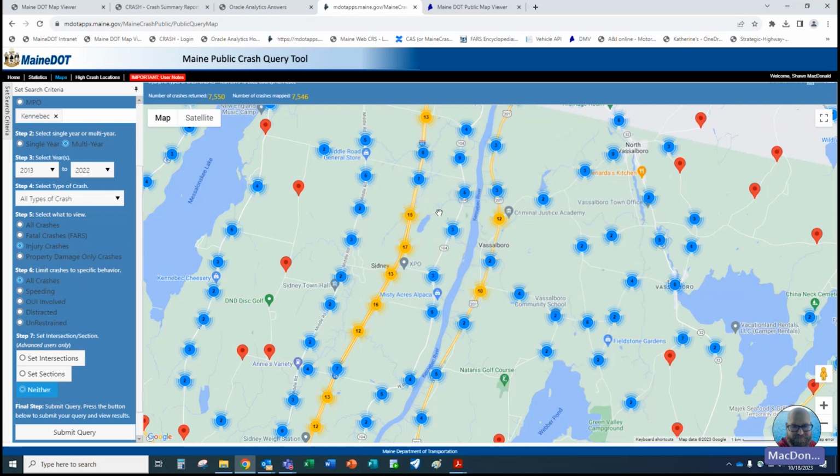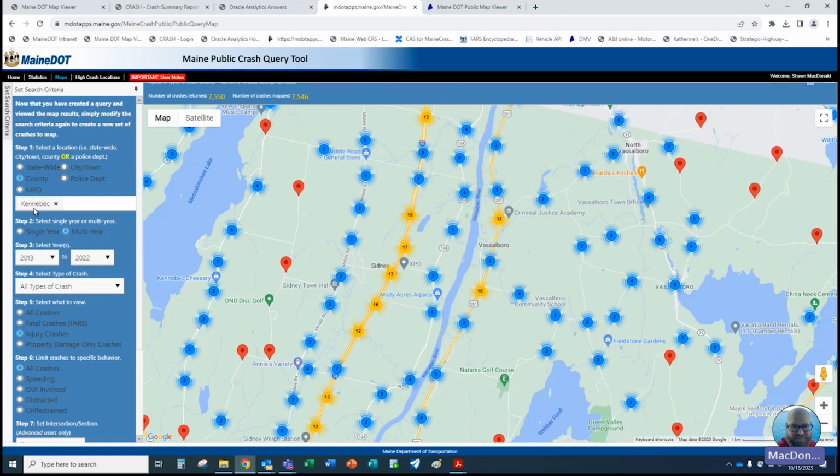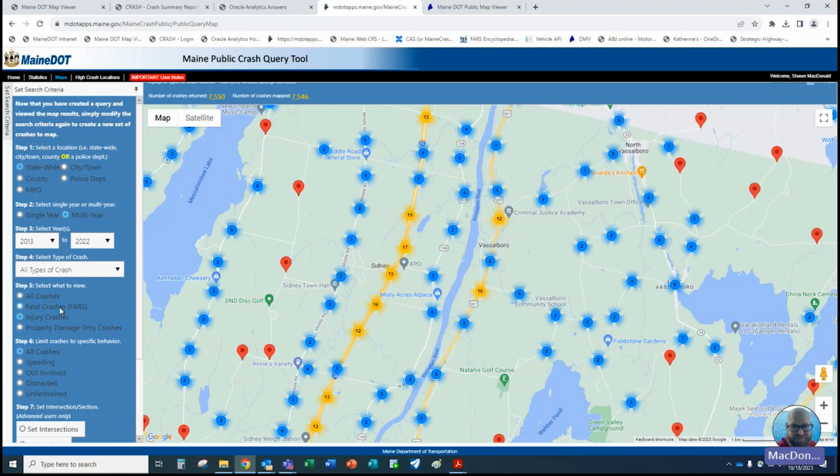So when you do your statistics, you get all of the information. When you do it on a map, it's only going to give you the information that can actually map. So there's 4 crashes that are actually missing, which isn't a whole lot of crashes, but there are a couple missing. So I just wanted to point that out as well. And maybe we can take a closer look at, if I've got some missing, what does that mean? What's that percentage? 4 crashes out of 7550? It's not very high. So it's not something to be necessarily overly concerned with.